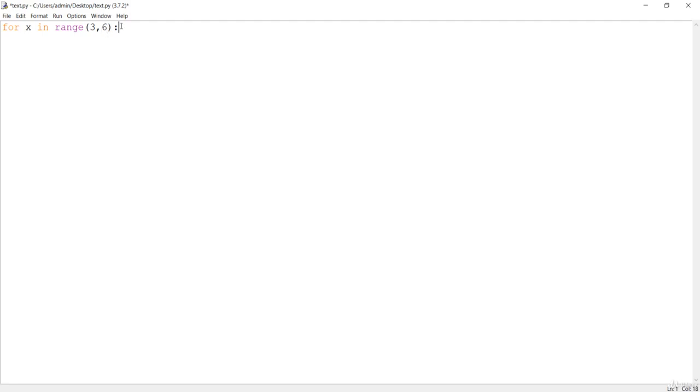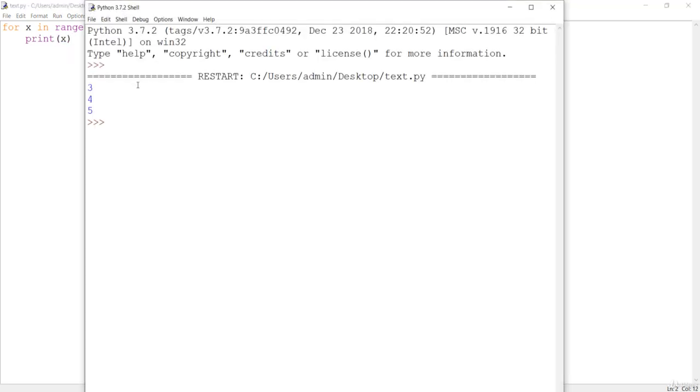So range(3, 6) will give the numbers 3, 4, 5, because 6 won't be included. Just remember that. After this we want to print x. Let's save this. Press F5. You are going to get 3, 4, 5.